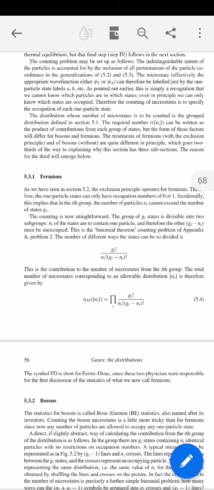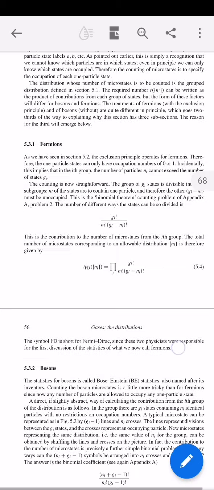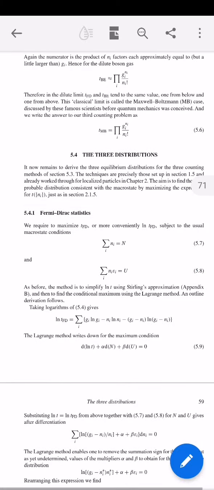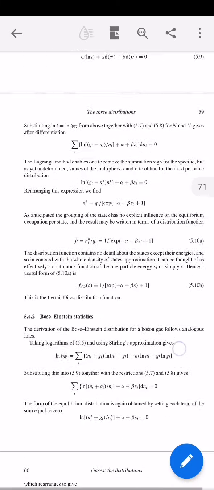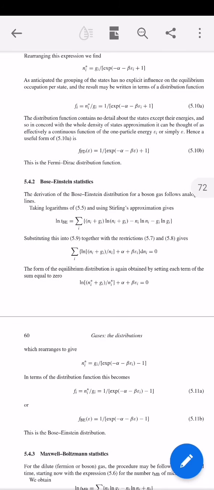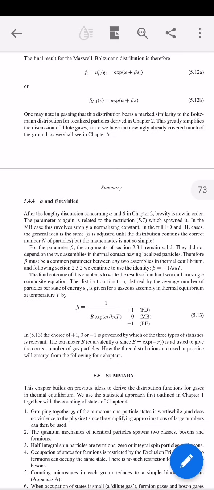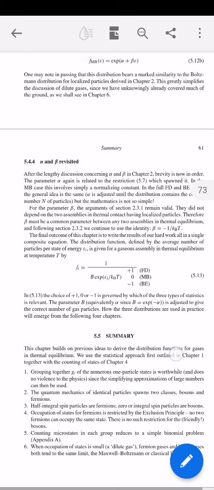Now, this book is not for undergraduates, it's for postgraduates, because here he didn't take the time to explain the fermions. So you ought to know what fermions are before you begin to read this book. You'll have to use Google quite a lot before you can understand the basics. If you want to read this book, you have to have a sound foundation of particle physics prior to attempting it. And of course, it's a given that you need to know your maths. Maxwell-Boltzmann, alpha and beta revisited, but in a very difficult manner here. And then the summaries.